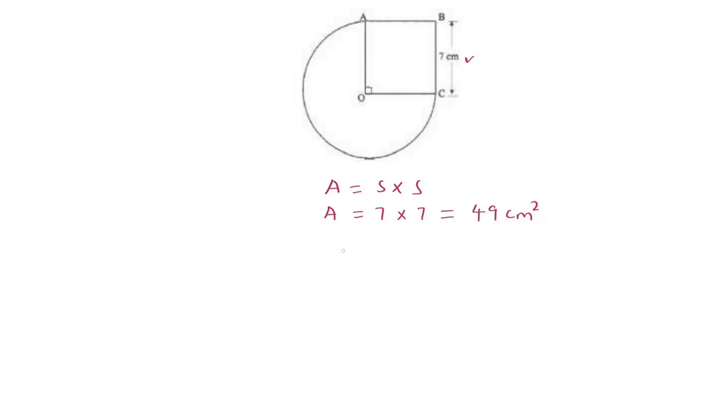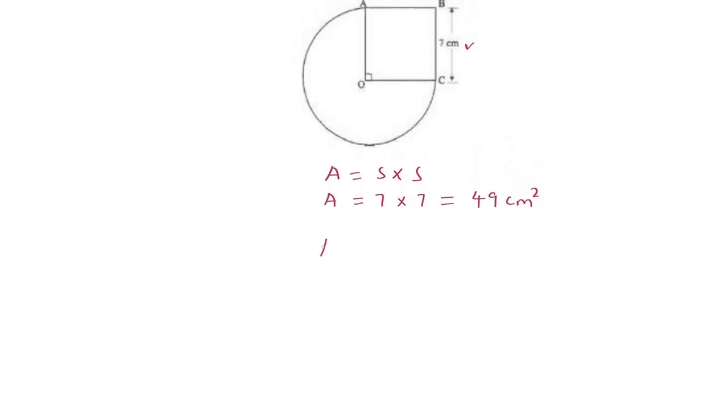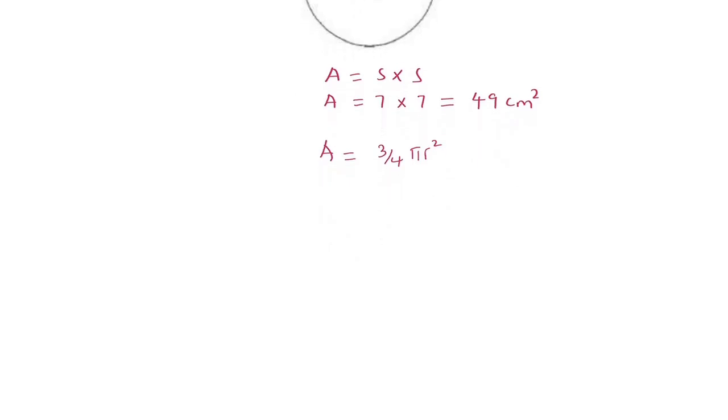Okay, so next let us find the area for the 3/4 of a circle, which is given by the following formula, which says area equals 3/4 pi r squared, of which pi equals 22/7, and the r is a radius which we've been given from the question to be 7 centimeters. Now let us substitute these values into our formula. Then our equation is going to be area equals 3/4 times 22/7 times 7 squared, of which after solving the values, we are having